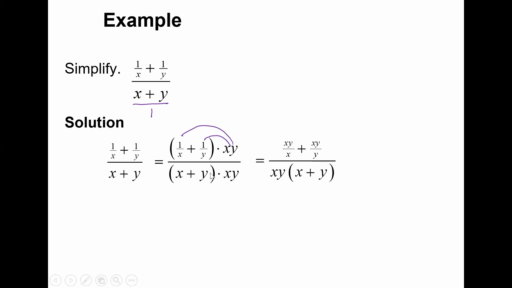And then we have just this, which is in the denominator. We're not going to change anything here. Now, what can we do? Well, we can say x over x is 1 and y over y is 1. And so we get y plus x in the numerator, and that's over xy times x plus y. Well, this really doesn't matter. We can rewrite this as x plus y. And guess what? When you have x plus y, that x plus y cancels,